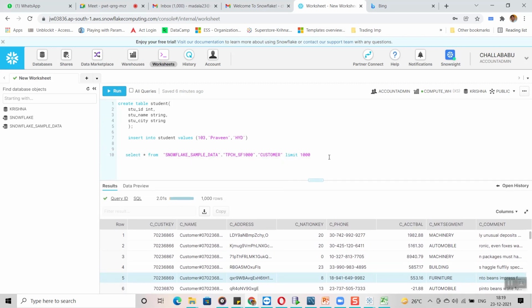Okay. Now, see, the same result I will try to get from here. Now, what are the things I require? I require C nation key. Okay, so if you just mention star, you are going to get all the columns which are available in the table. Now, if you want specific columns, then instead of star, you are going to mention the column names here. So here, C underscore nation key, comma, next C underscore MKT segment,